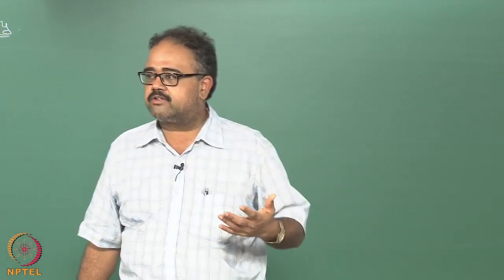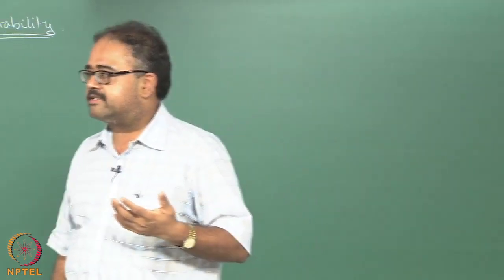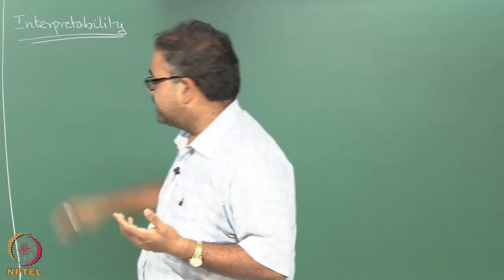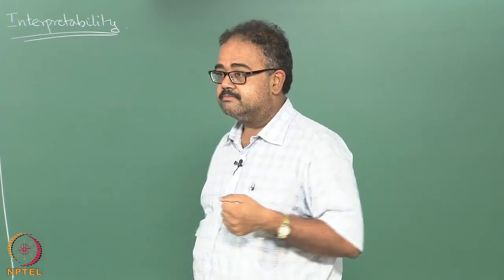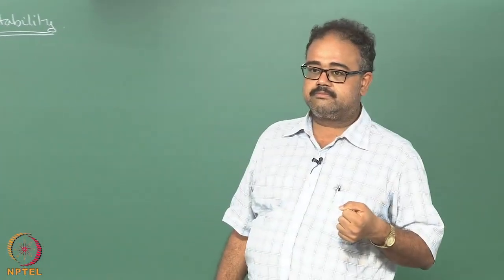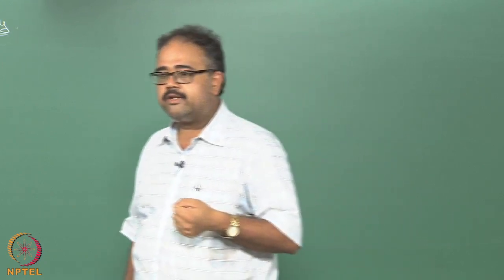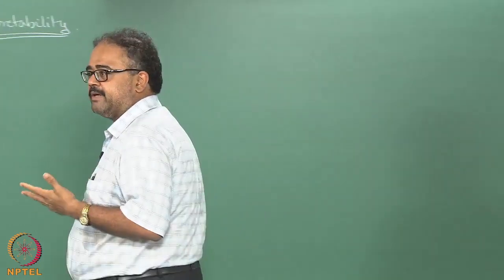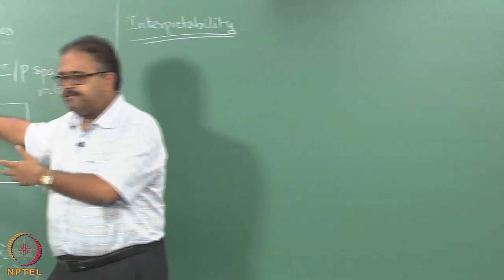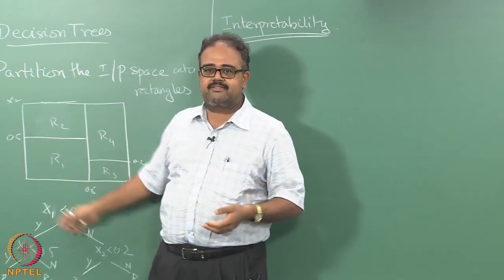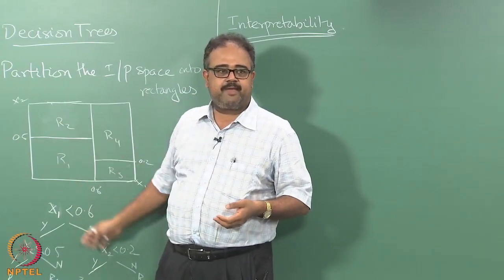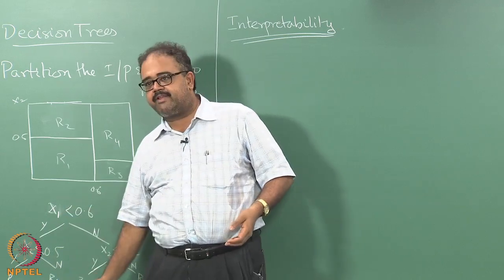So neural networks are universal approximators in that sense, right. So what about decision trees? You can be a universal approximator as well, right. I can just keep dividing and subdividing this space, okay. It's just that my tree might become very large,